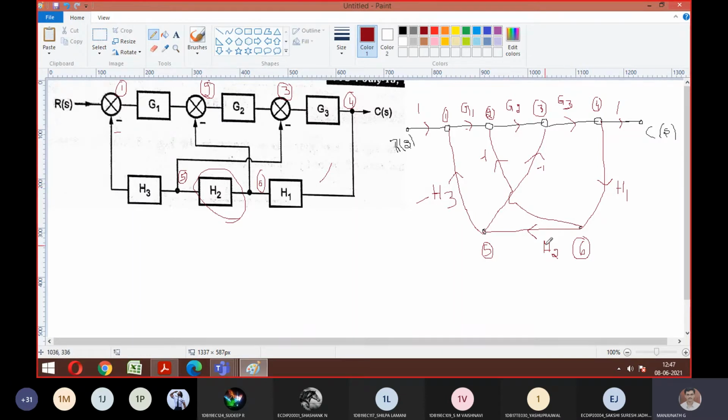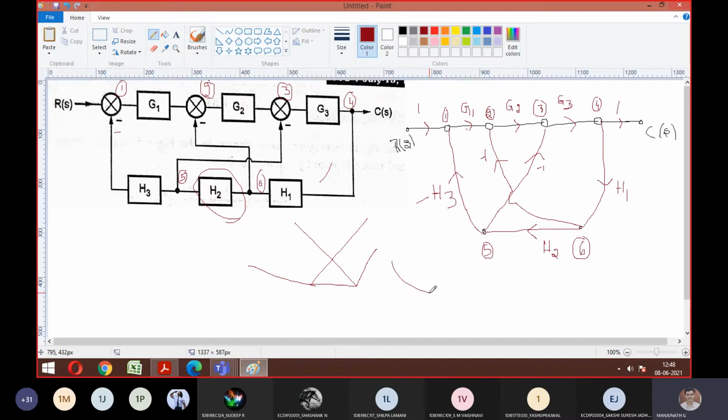If you want to make this a curve or a straight line, it's left to you. You can connect the things like this also. So we made 1 to 5. You can connect 1 to 5 with an exact straight line. You can connect 4 to 6 with an exact straight line. It's left to you. Again, 5 to 3 also you can connect with a straight line. 6 to 2 also you can connect with a straight line. So that's why I told you there is no uniqueness. So a unique signal flow graph is not there. You can represent it however you want.